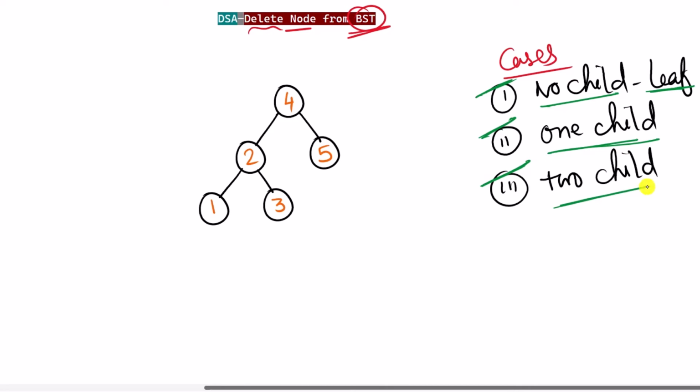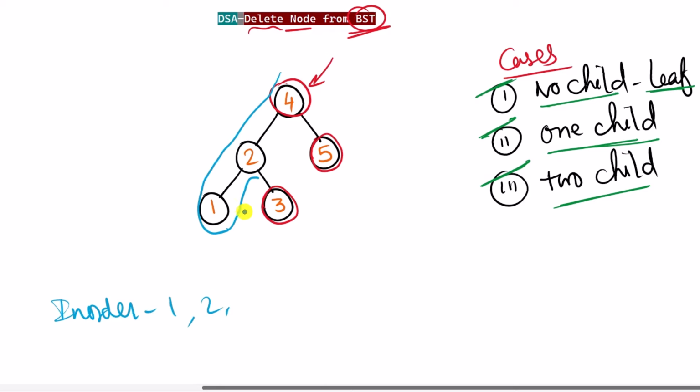Now let's just talk about the third case, where the node that we wanted to delete has two children. So like an example, we wanted to delete this node 4 which has two children. So in this case, we can replace this 4 either with the in-order predecessor or the in-order successor. So if we perform the in-order traversal on this tree, first of all we're gonna have 1, then we're gonna have 2,